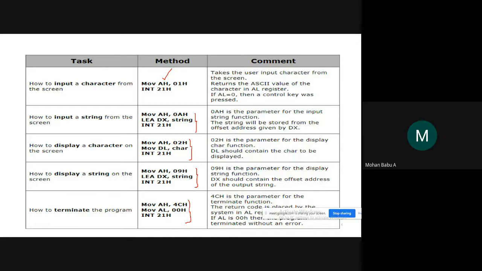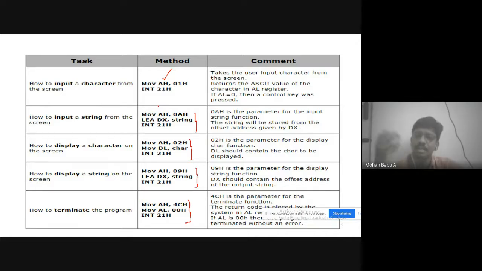So I will recall the concepts we discussed today. INT 21 is a set of DOS interrupts, which is mainly used by system programmers to accept data from users, to accept strings from users, to display characters on the output screen, and to display strings on the output screen. And if you want to terminate the program, we use some set of codes. For example, if you want to accept input data, it may be 8-bit data, or it may be 16-bit data, or it may be a character. If you want to accept user inputs, that means input data or characters from the user, you will need to use